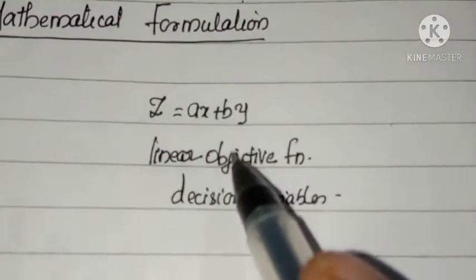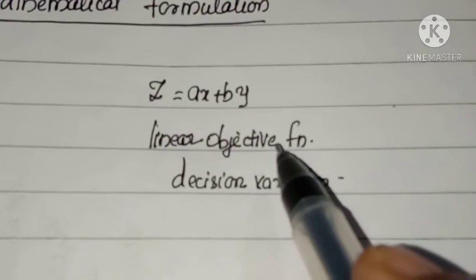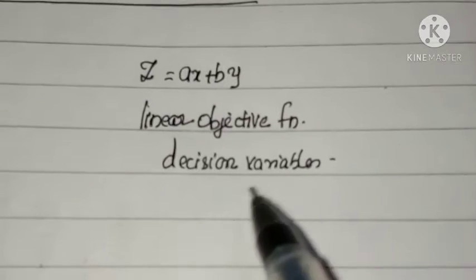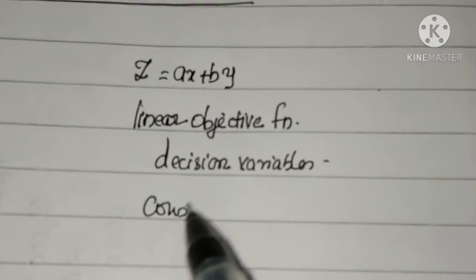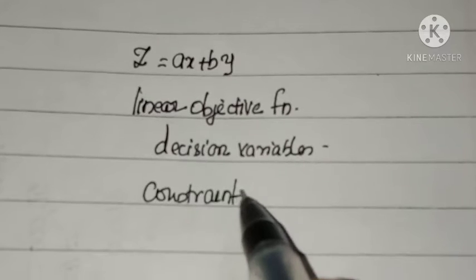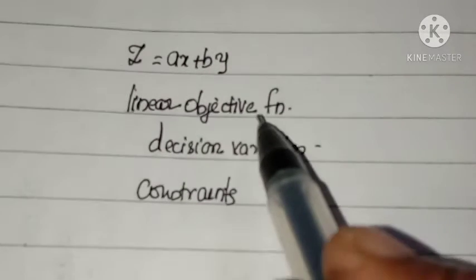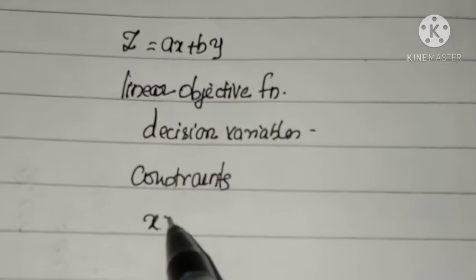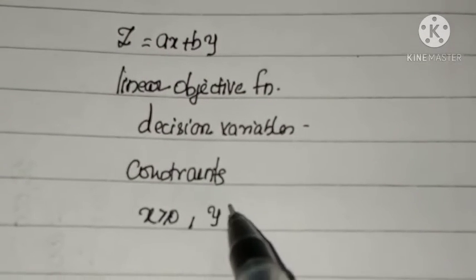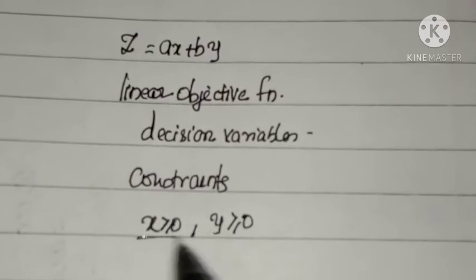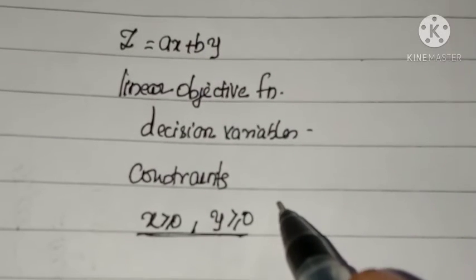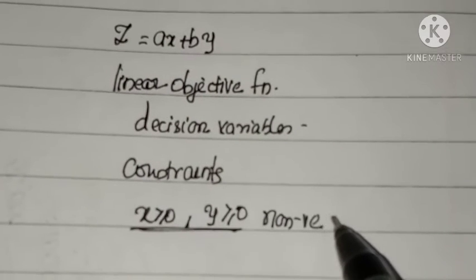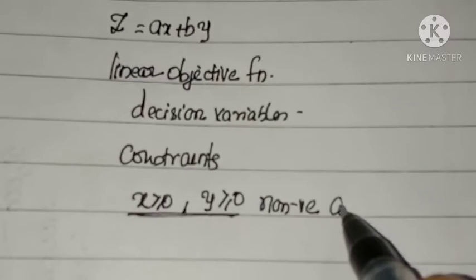Now, the linear inequalities or equations or restrictions on the variables of a linear programming problem are called constraints. So constraints means some conditions or some restrictions based on the given linear inequalities. Now listen, the conditions x greater than or equal to 0, y greater than or equal to 0. These two inequalities or constraints are known as non-negative constraints. Okay, non-negative restrictions or non-negative constraints.